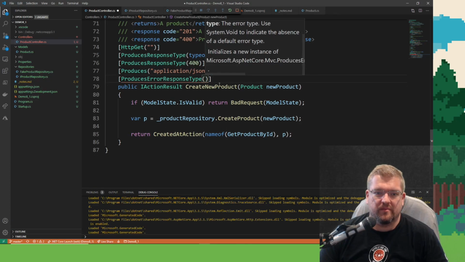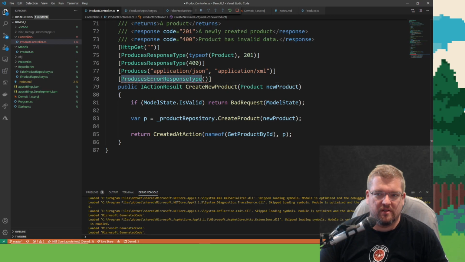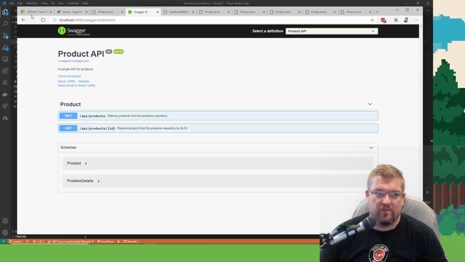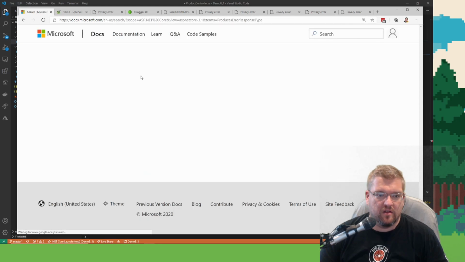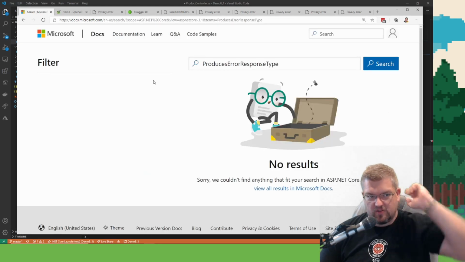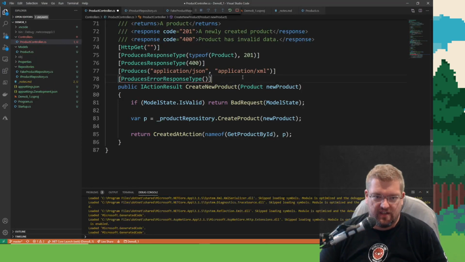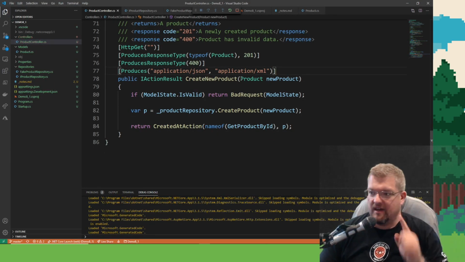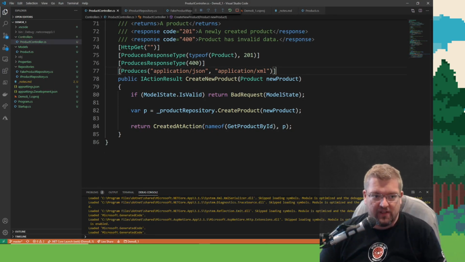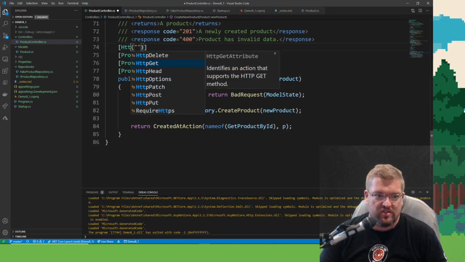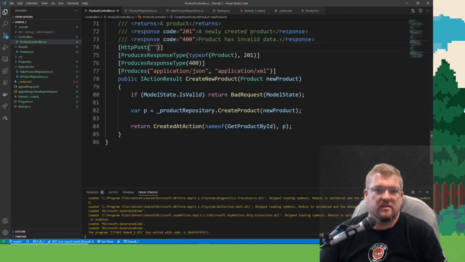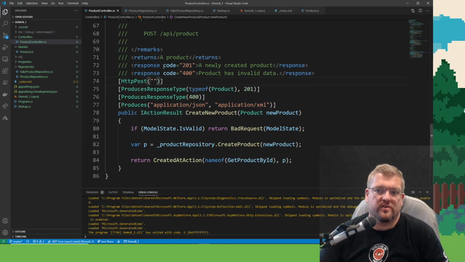Error response type. I don't know. No results. All right. If there are no results in the official docs, I'm not going to include it in anything I build. At least not out of the gate. Okay. Let's assume. So now this is HTTP post. It's 400.